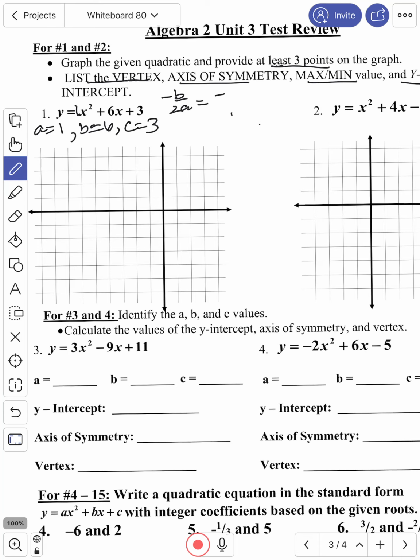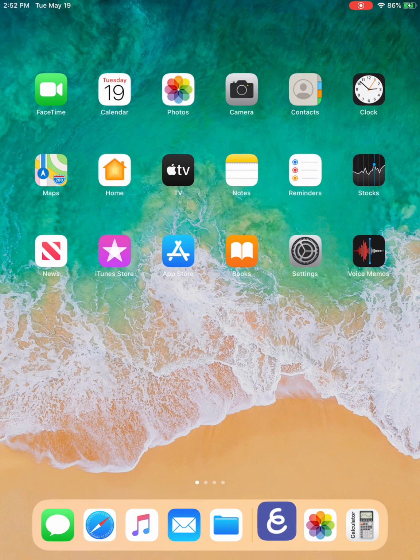So I'm going to say negative b over 2a, a is 1, that gives me negative 3. That's the front of my vertex, and automatically in this case my axis of symmetry. So that's my axis of symmetry. To find the rest of my vertex, I'm going to fill negative 3 in either by hand or with my calculator. Because of space right now, I'm going to go to my calculator